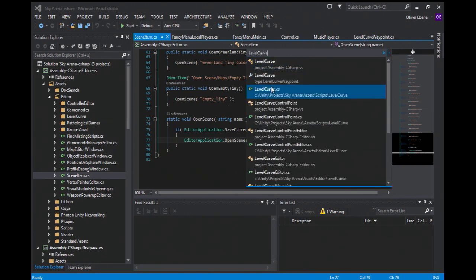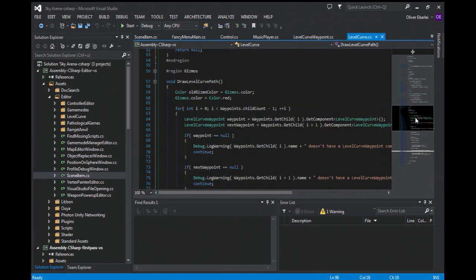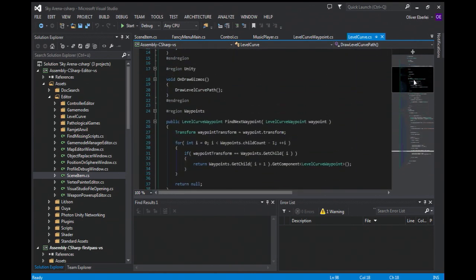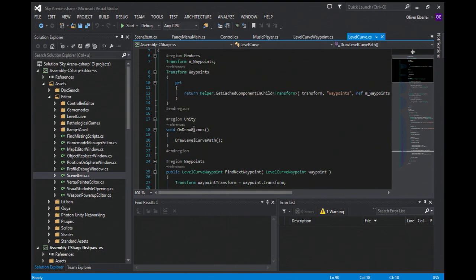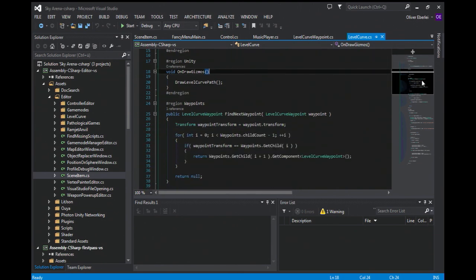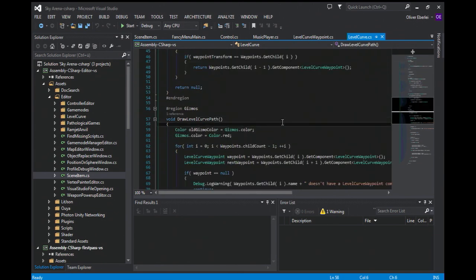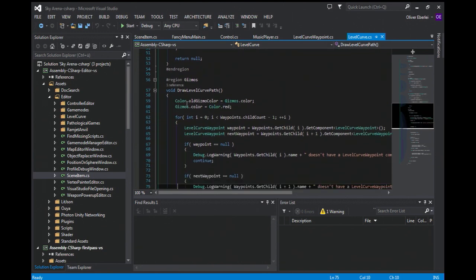curve. So gizmos are drawn in the method onDrawGizmos. This is basically a defined method, just like Update or Start. Unity looks for this method, and if it exists, then Unity calls it at the right time. And in this case, onDrawGizmos is called when the scene view is redrawn, and you can draw all your gizmos in here. Let's draw a level curve, and you draw gizmos using just the